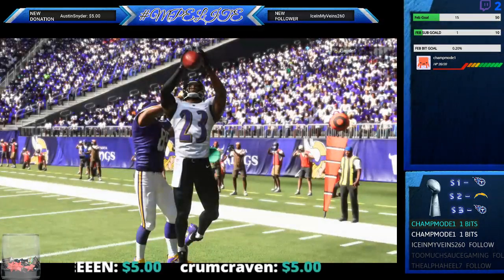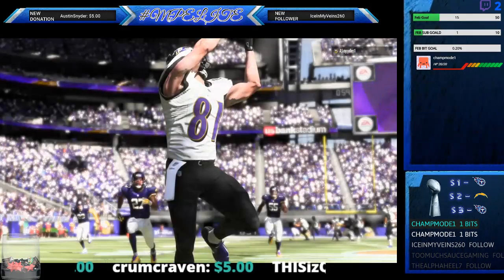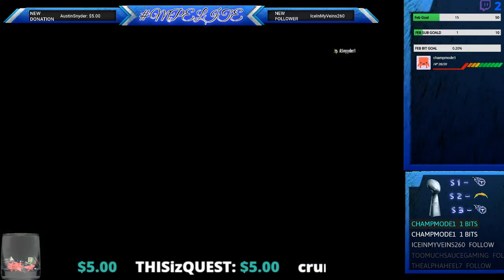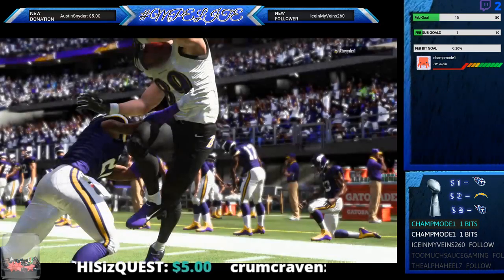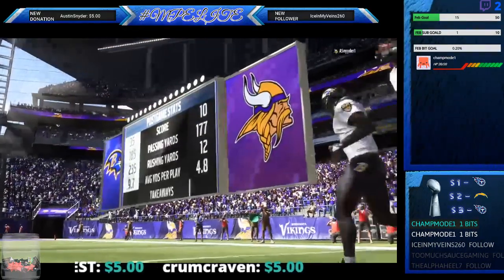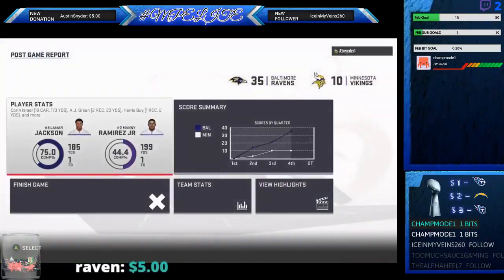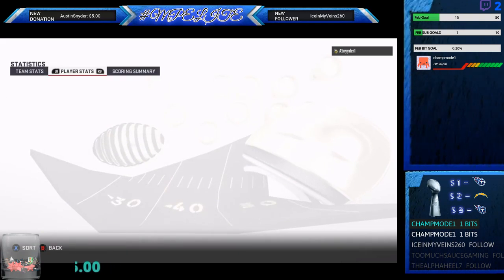I'd stay with him. A road win in the National Football League. Charles, you never take that for granted no matter who you're playing, no matter where you're playing. You take it and you run with it. And you know you primed the pump all week in your own home facility. No one thinks we can do this. Only people who believe are right here in this room. And then you go